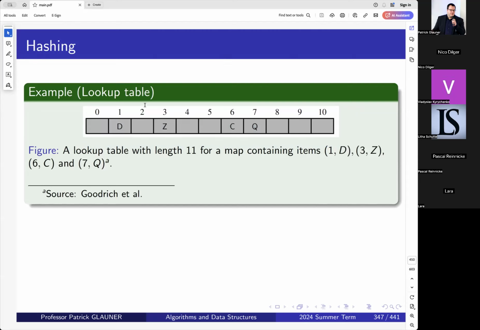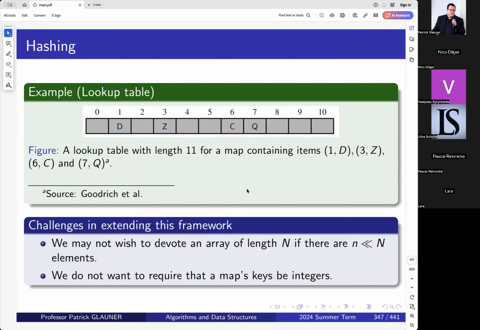It has 11 entries, so indexes 0 to 10. And for index 1, I add an element. So I add the item 1D, which I put here. The element 3Z I put there, the 6C and the 7Q. And I can just store them in here. However,